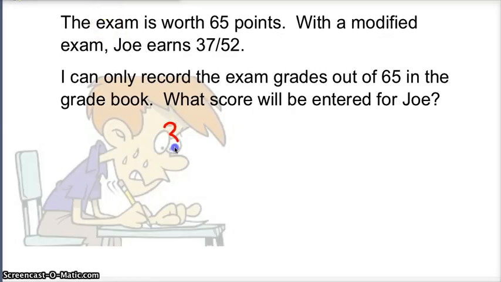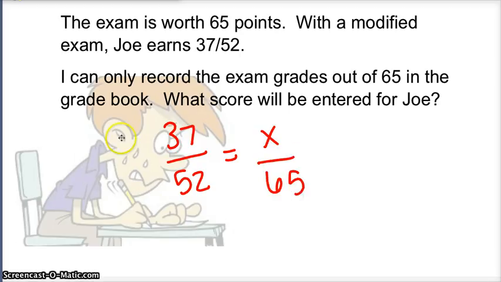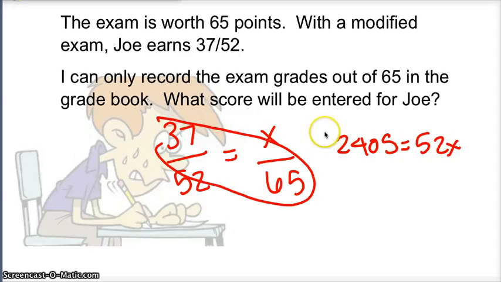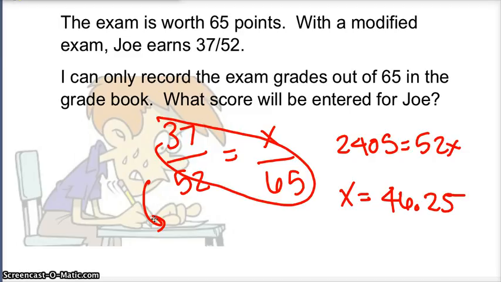If Joe's score was 37 out of 52, then I want to know what score needs to be entered out of 65. This is a proportion. We solve proportions by multiplying diagonally. 37 times 65 is this, equals, multiply the other way, 52x. How do you get x by itself? Divide both sides by 52. The score that would be entered for Joe would be a 46.25 because a 37 over 52